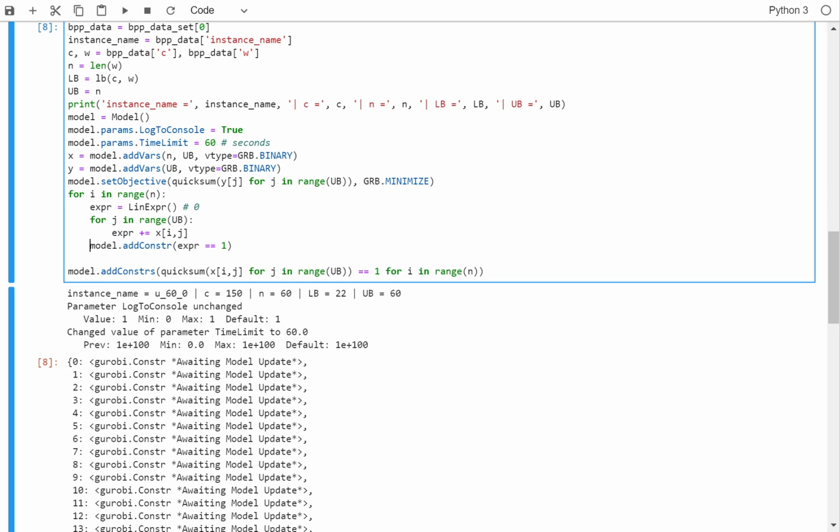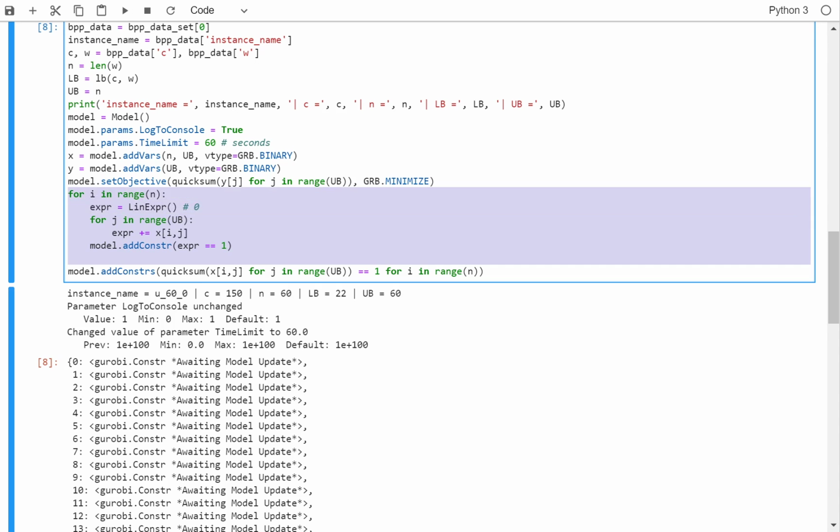And then at the end, we say model add a constraint. The expression must be equal to 1, but this expression is actually now containing the sum, the appropriate sum of some of those xij variables. Why am I showing you this? Because this is sometimes useful when you have complex conditions on what you should add to the expressions, or if you want to build multiple constraints at the same time, you could have a list of expressions and just take this variable, check some conditions, add it to the right expressions and not add it to others, and then add the constraints. But obviously, this is, again, another equivalent way of building this constraint, which is here